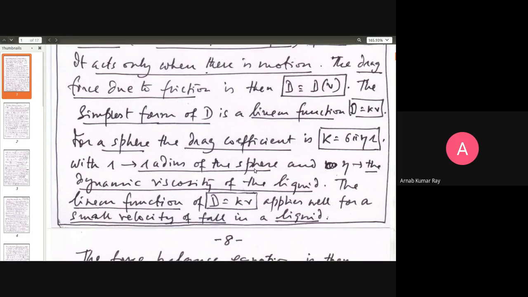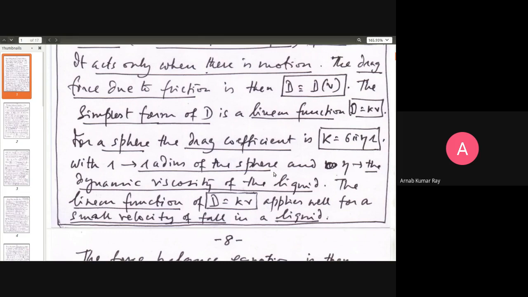You can immediately see for yourselves a smaller object with a smaller physical dimension will travel faster than a large object, which may experience, because of its largeness, greater resistance to its motion as it travels through the liquid. So the drag coefficient depends on two things: the viscosity of the liquid as well as the physical dimensions of the material. For a sphere, radius is the only physical dimension that you have to worry about.